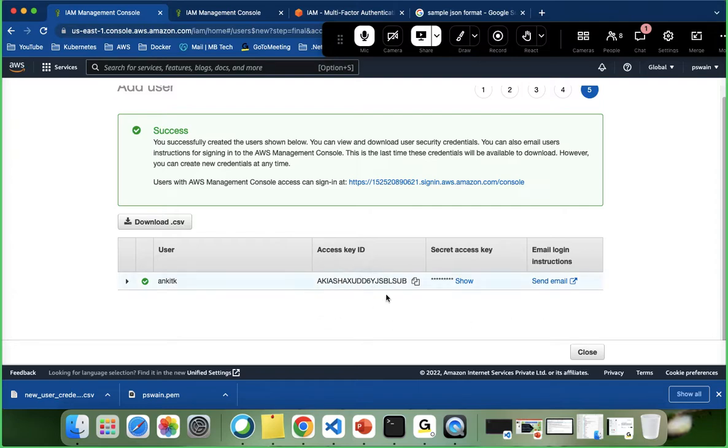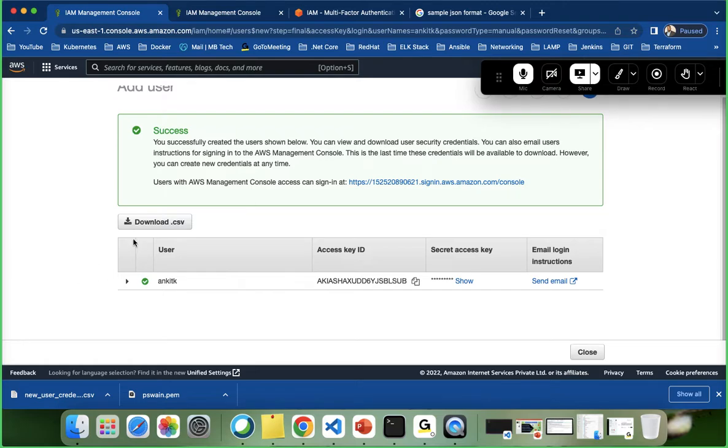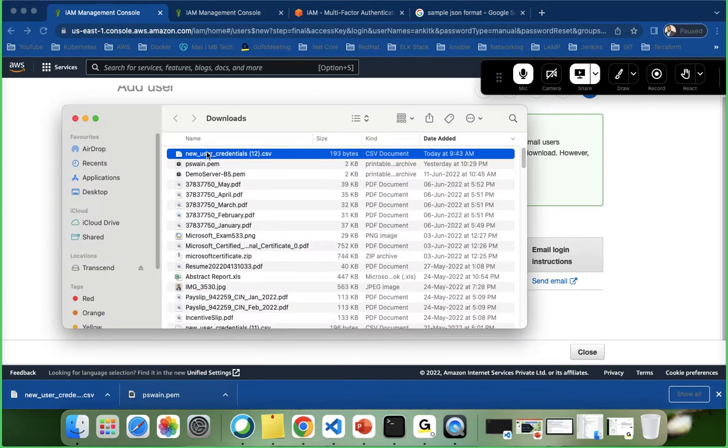And how you will log into the IAM user, they have given a console link also. If you want to directly log in, you can select copy this one and directly log into the console. Now I have downloaded this one, right? Let's go ahead and see what it contains. It will be having the same user ID and password. Okay,